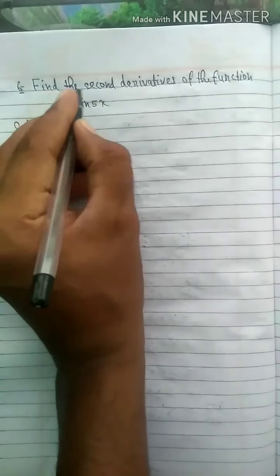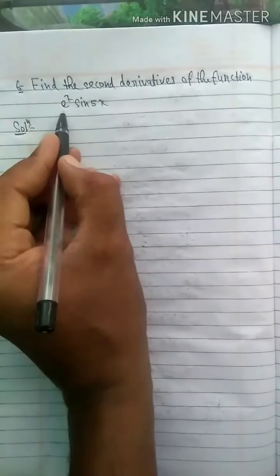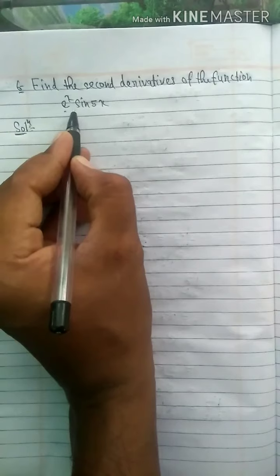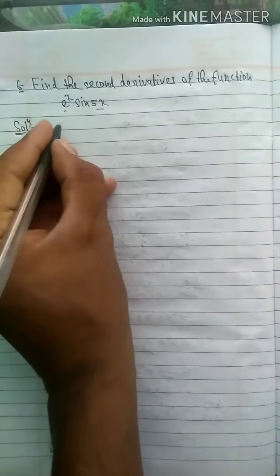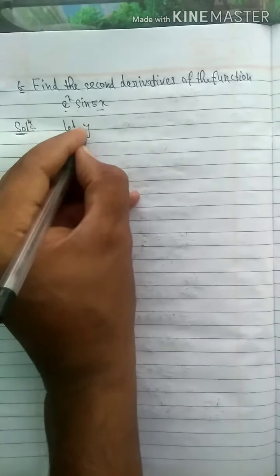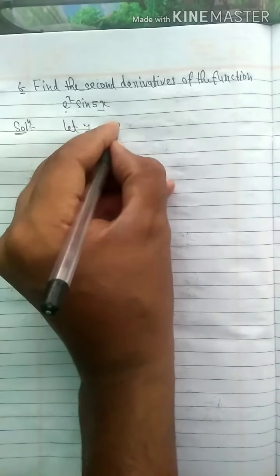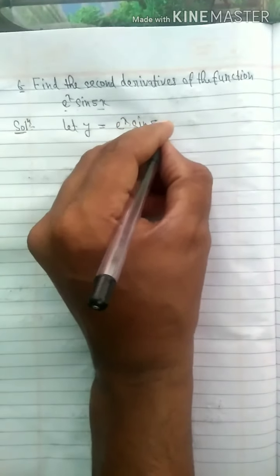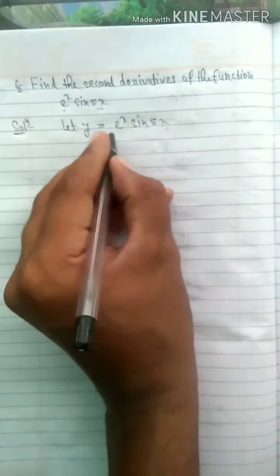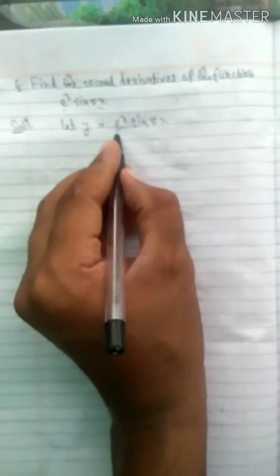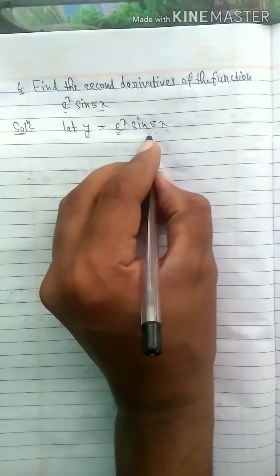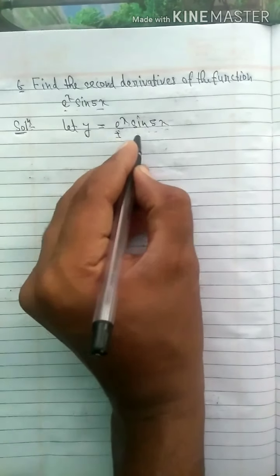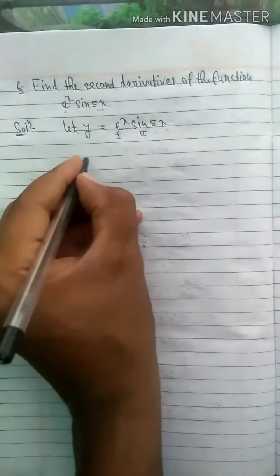Question number 6. Find the second derivatives of the function e to the power x sin 5x. Similarly, let us suppose y equal to e to the power x into sin 5x, and the function is here in the product form. So using the product of two functions, this is the first function and the second function. So now